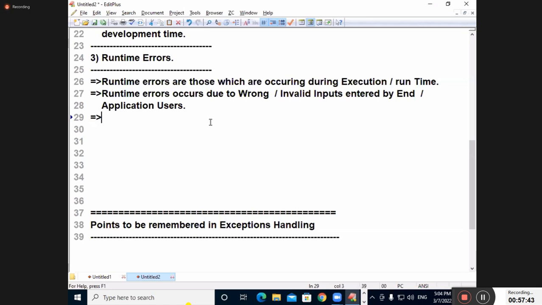What I got from those clerical people, they say, sir, when the end user goes to the ATM center, they will keep the card in reverse order. When the card is in reverse order, definitely I will read the card number. I will compare with the original number. If they are not equal, I will say what? Card is kept in reverse order. Please remove it and put it in proper order.